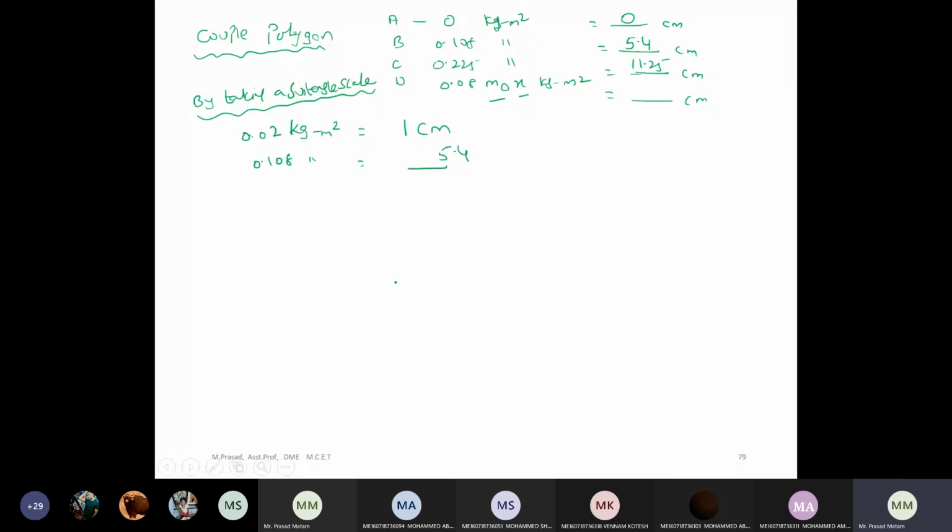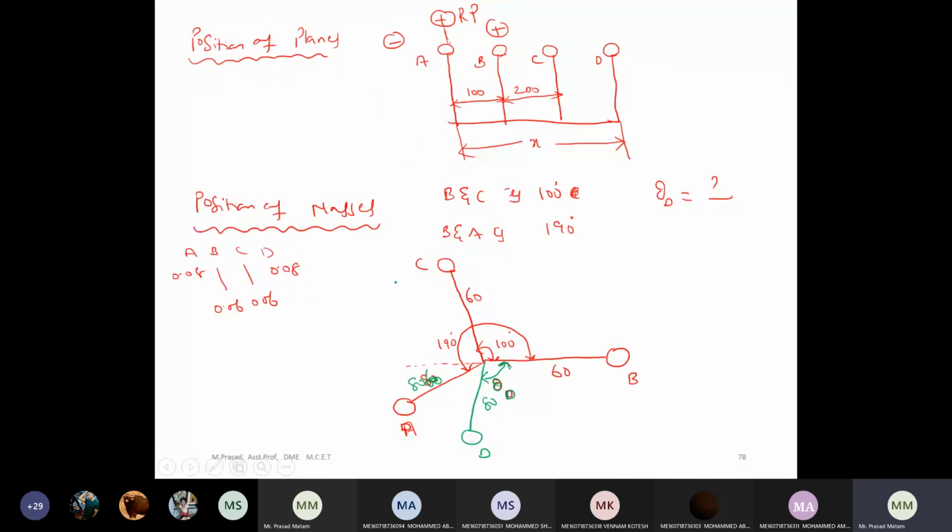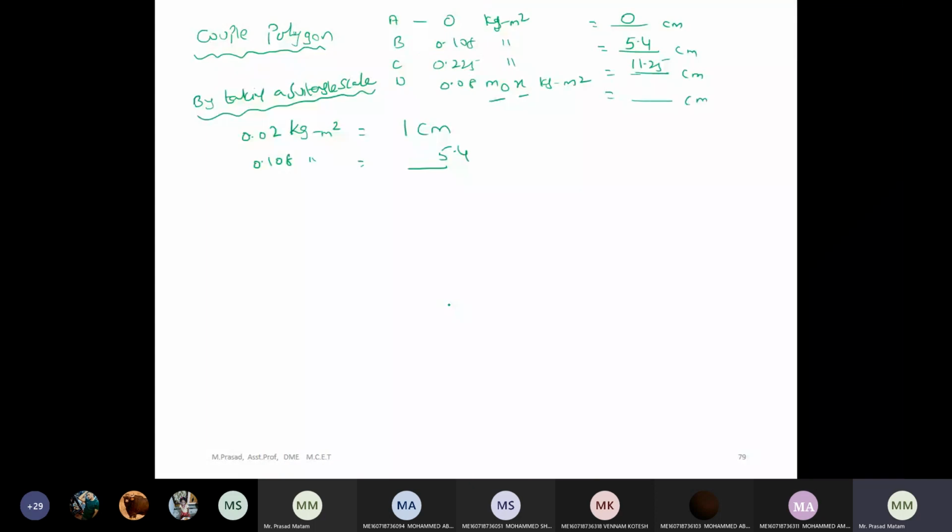B makes an angle of 0 degrees. C makes an angle of 100 degrees. You can see here the position of B and C. Got it? B is making an angle of 0, C is making an angle of 100. From this data, I know. Let me write the angles also. So theta A: since the force couple value is 0, the angle made by plane A is also 0. What about plane B? 0 degrees. So you don't have any angle for plane A. What about plane C? Theta C makes an angle of 100 degrees. And theta D is unknown. I am supposed to find out the theta D also.